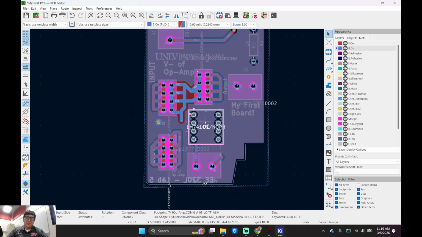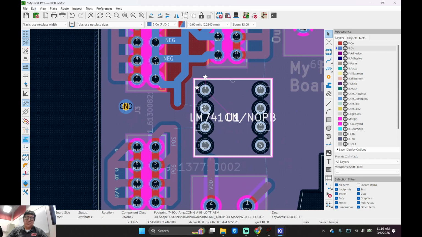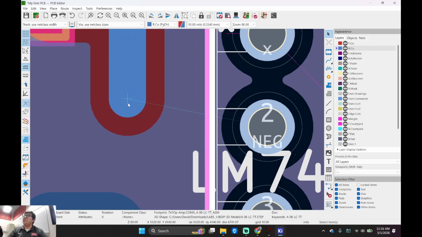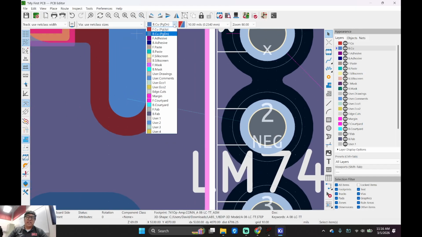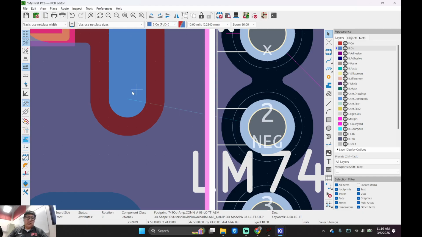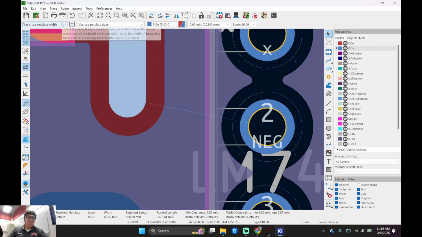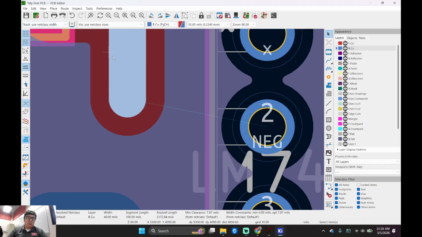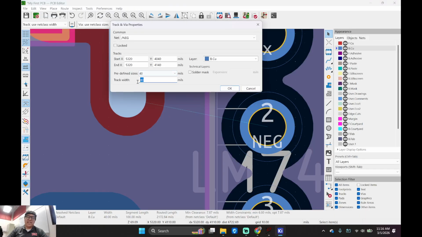Oh yeah. Op amp, right? We gotta do the surgery, right? You see that negative right there in this terminal right there? What are we gonna do? Grab my blue pencil, right? And then if you guys did my tutorial, right? What's the track property? Go to track or right click on this. Go to properties. How big is that track? 40 mils, right?